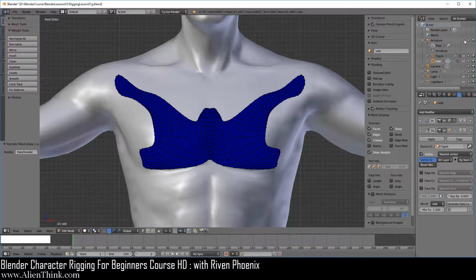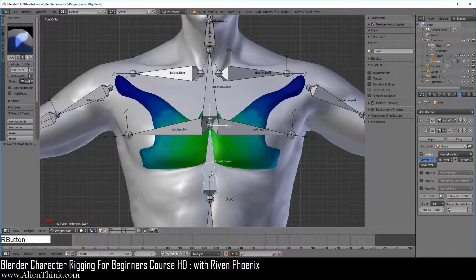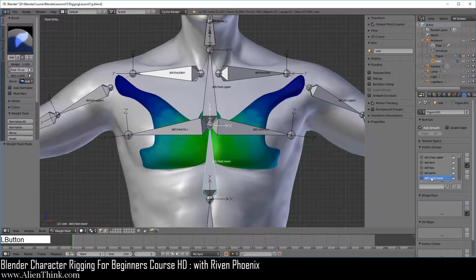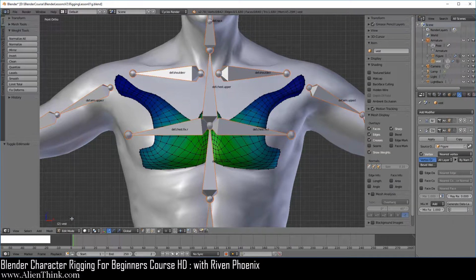Okay, now in order to see this, we have to first click on the armature. Let's just switch to Weight Paint real quick and click on this bone, so it selects this vertex group over here. See how it's capturing the vertex groups that were already established on the figure through this modifier. Now make sure that you click over here so we can see this in edit mode. Now when we switch to edit mode, you'll see that this is the data we're seeing.